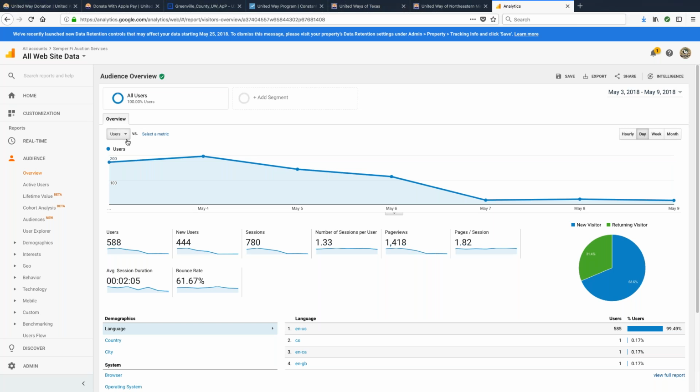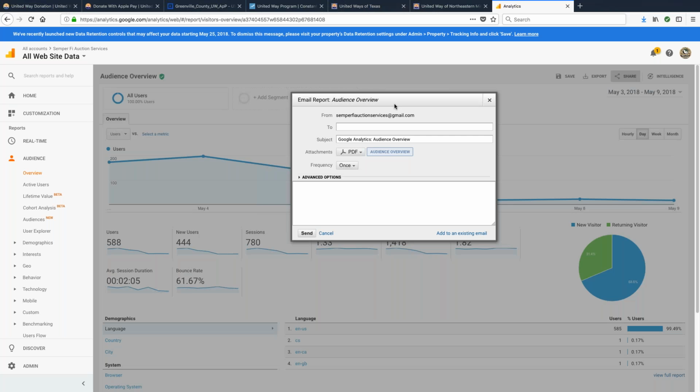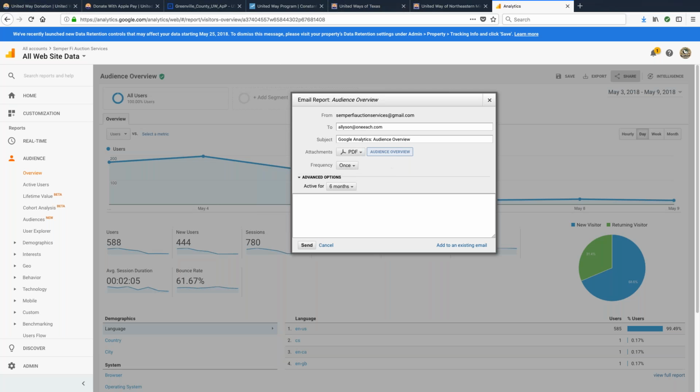As you find reports that you think are interesting, know that you can set these reports up to email to yourself. You can export them. So under share, I can set it to email to me. So you would click share and I'd go, okay, email to me. And I want it as a PDF and I want it to come weekly, daily, monthly.